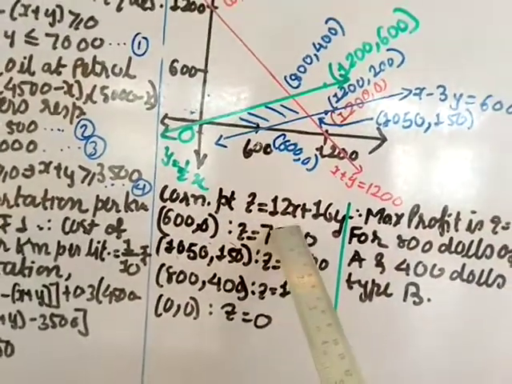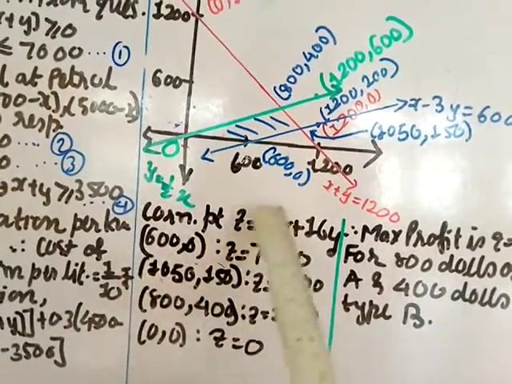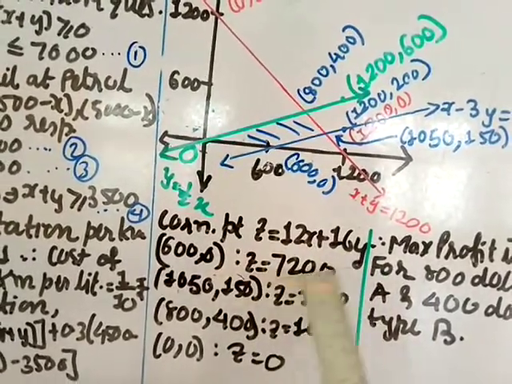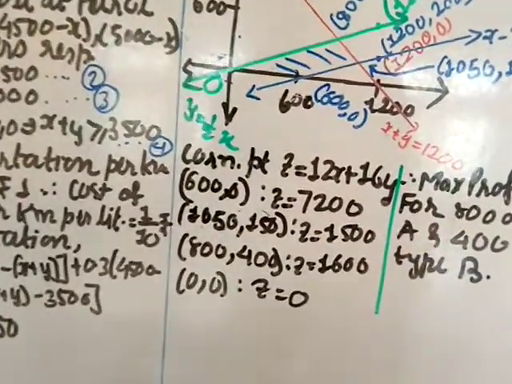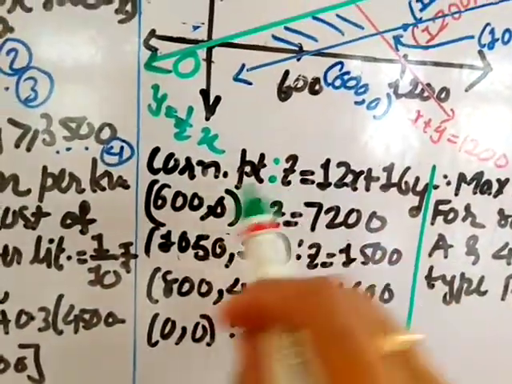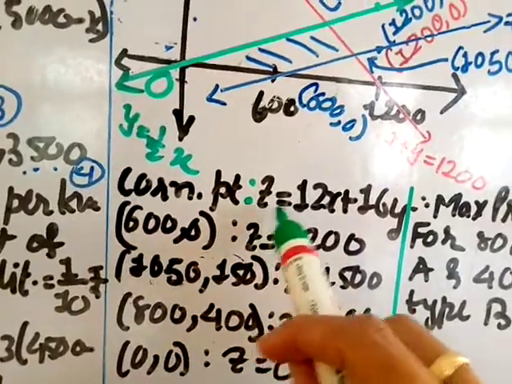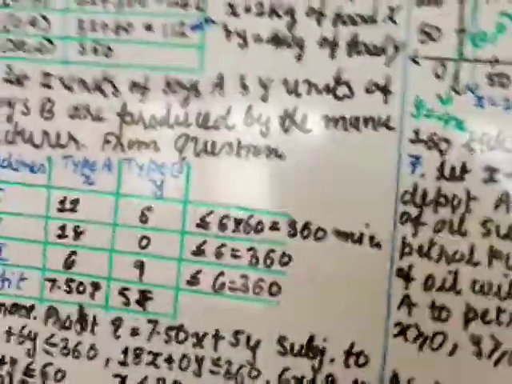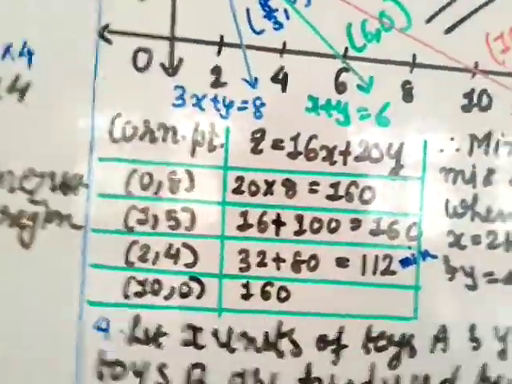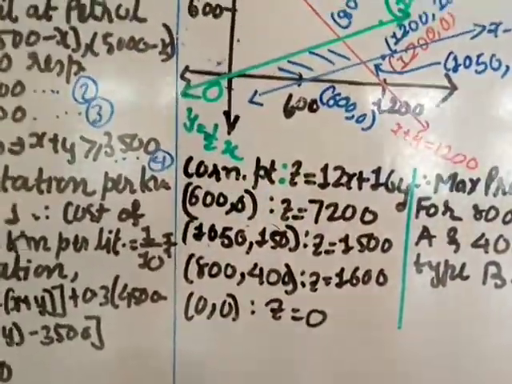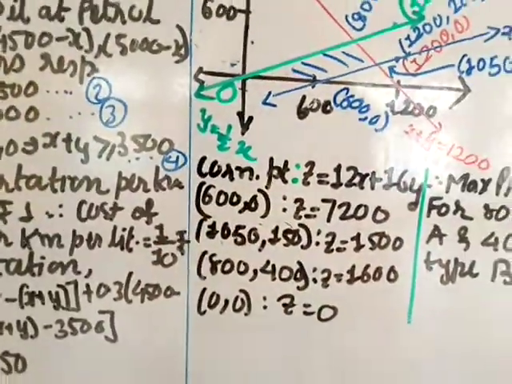For the corner points, z is equal to 12x plus 16y, and this value you have to maximize. You should draw one line, then it will not be confusing. I'll just draw a dot. So it's not together, but it is a corner point, and then z is equal to 12x plus 16y. This you should draw as a table, like this table you should draw. I have not drawn it everywhere, only 2-3 places. I have not drawn it fully, but you should, because in the exam you should write properly. Presentation should be good.